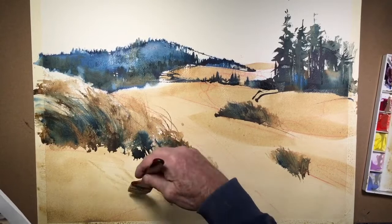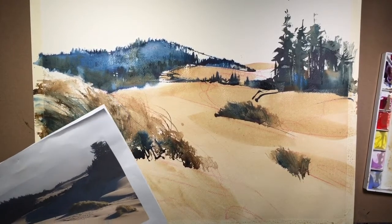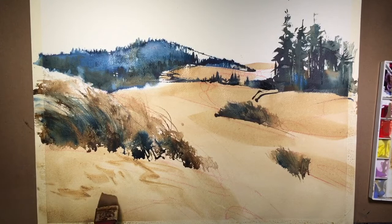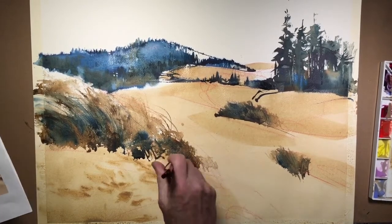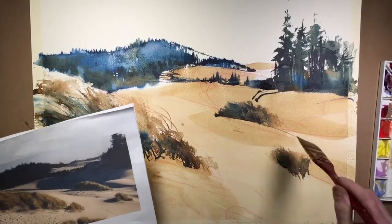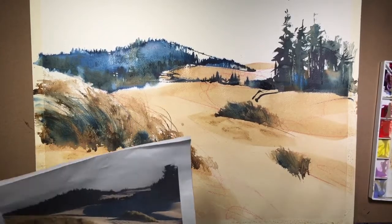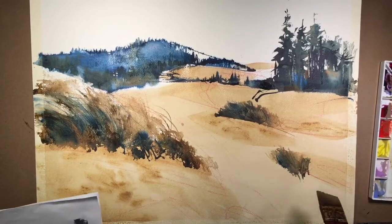I'm just going to break this up a little bit with some while it's still damp. And again, I want to use that lavender color to just kind of give it a little feel of those footprints, or those textured places. There's a little bit here, so this is not the only place I'm going to use it. And there's a little bit of texture going on here. I can't hardly see that because of the lights, but